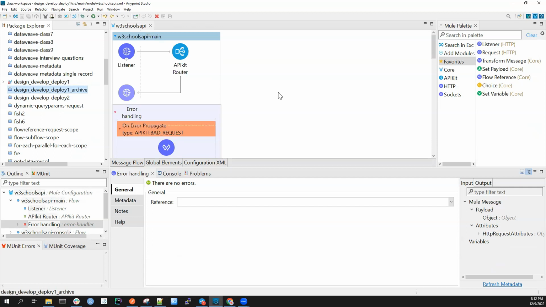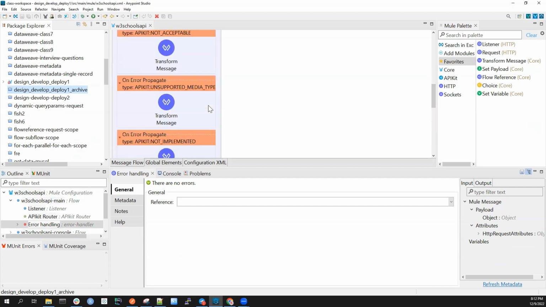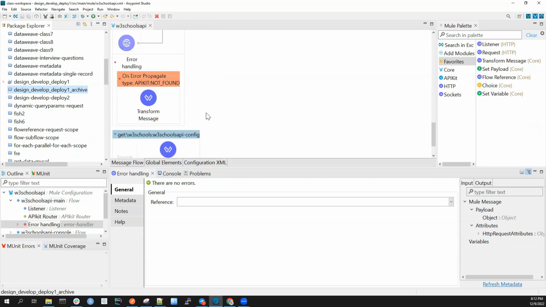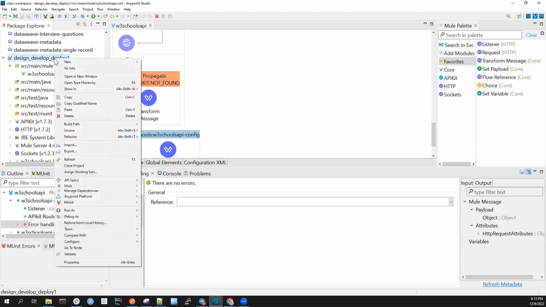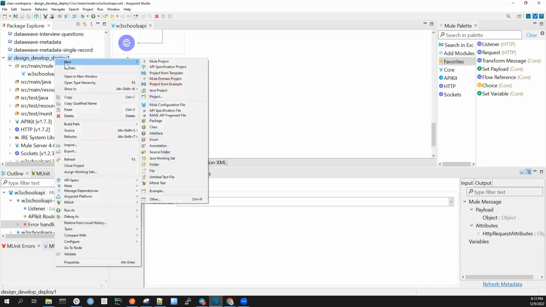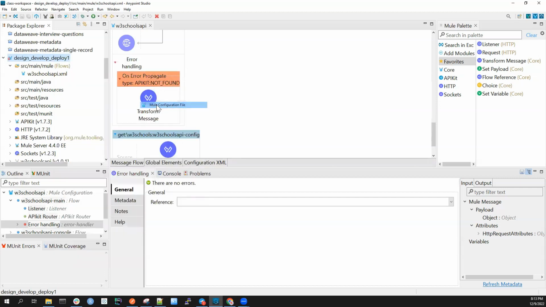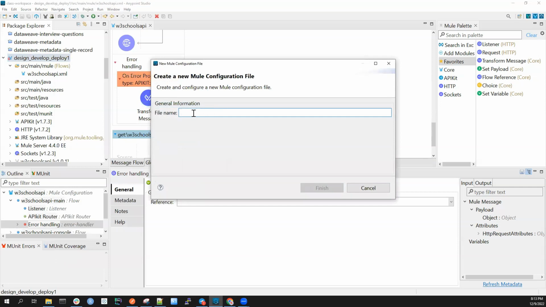So the interface will be the API kit. This one will be changed to API kit. So the error handling and the configuration, we have to move them to new XML files. How do we do that? We go here. As you can see, we have only this W3 schools SAPI XML. So let's right click here and go to New. And rather than Mule project, now we just click Mule configuration file. So one to put the error handling related flows,